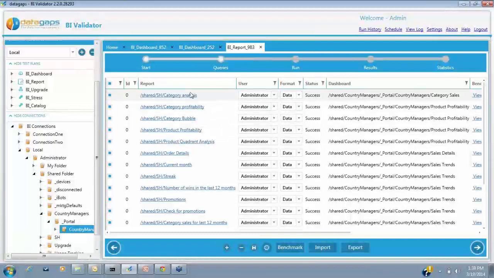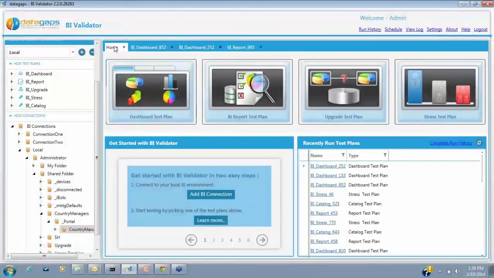And the process is very similar, whether it is dashboards, reports, stress testing, multi-environment, everything is drag and drop, very easy, which simplifies your life. Okay? So hopefully that gives you a flavor for the tool and for the capabilities in the tool. At this point,